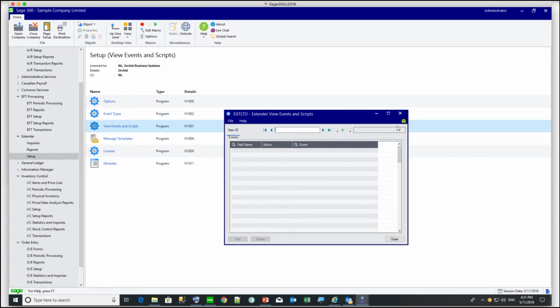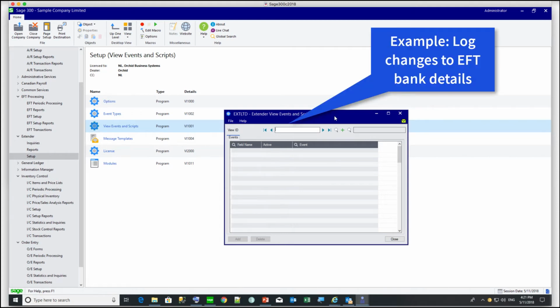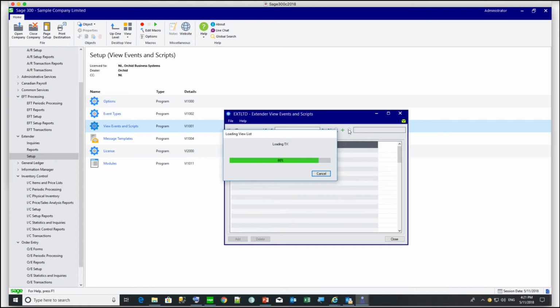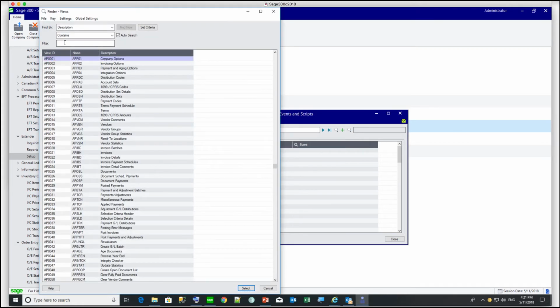The final example we're going to look at is logging changes to the EFT Bank details. As you probably know, in EFT, vendor and customer and employee changes are logged in the EFT audit log, but the EFT Bank details, our own bank, aren't logged. So we can do that through Extender Configurator. So I'm going to use F6,